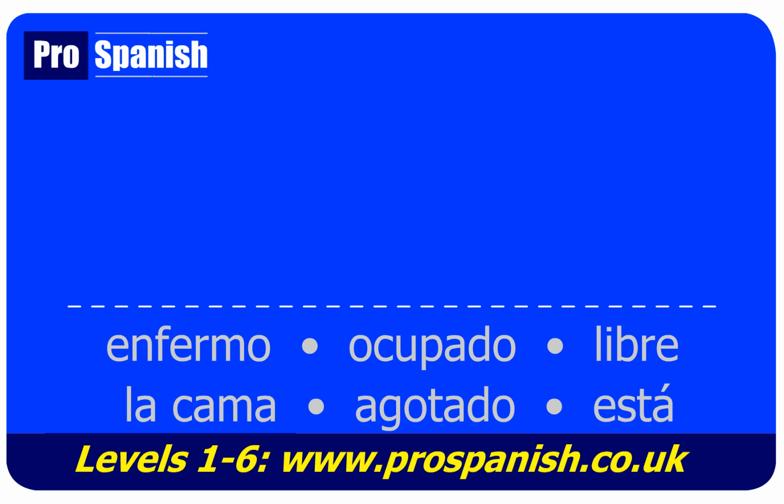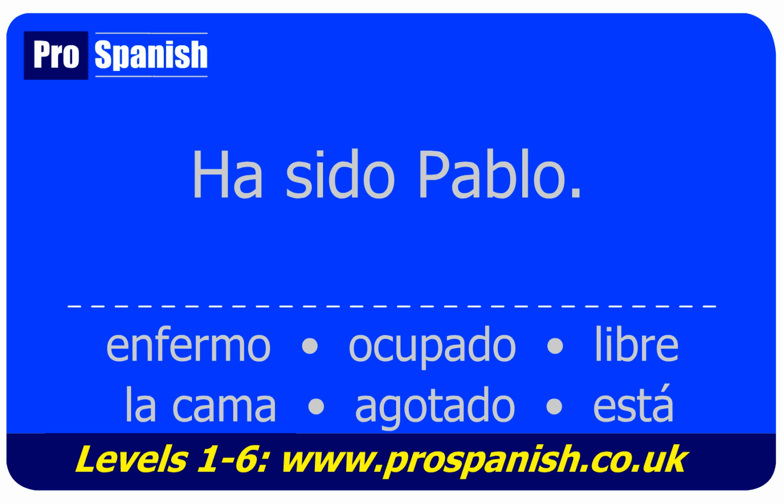And that's just because it's very recent past, and so they use the present perfect for that. So how would you say, in this case, it was Pablo? They've come back from answering the door and said, it was Pablo. How would you say that? Ha sido Pablo. So it was Pablo, but the Spanish would say it has been Pablo because it's very recent past. And the simple reason that we don't have to consider whether it's estado is because Pablo is a noun, and as it's coming straight after has been, we need the ser version. Ha sido Pablo. It has been Pablo, it was Pablo.